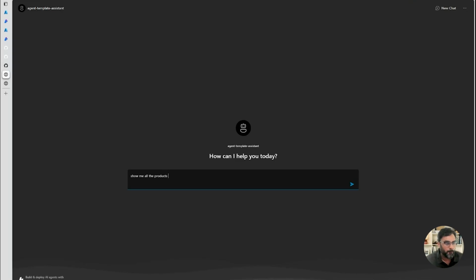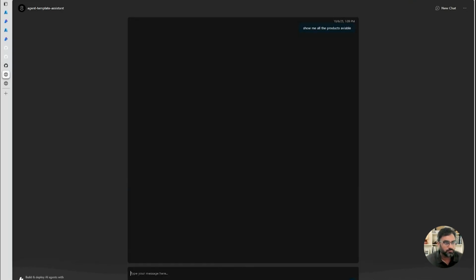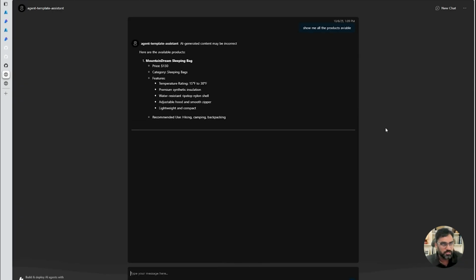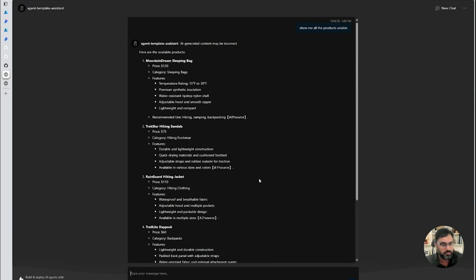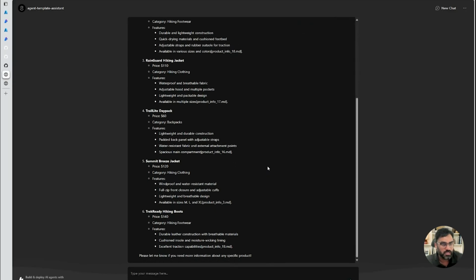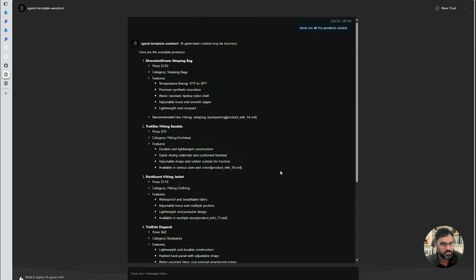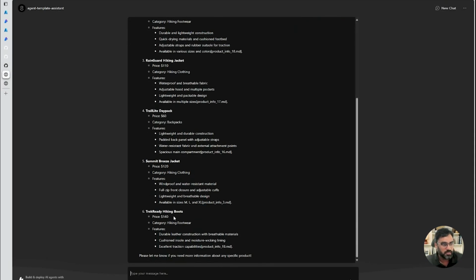What the agent is doing is it simply took the prompt and made a call to the backend AI Foundry project, and that AI Foundry project made an invocation to the OpenAI endpoint. That OpenAI endpoint has integration with the backend unstructured files, and it pulled all the products that are available.